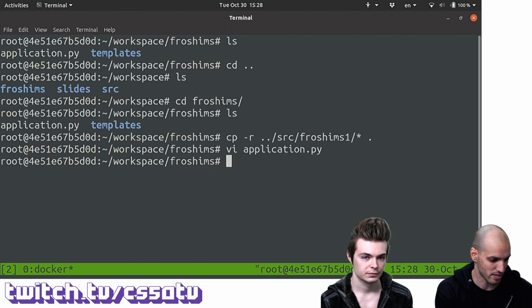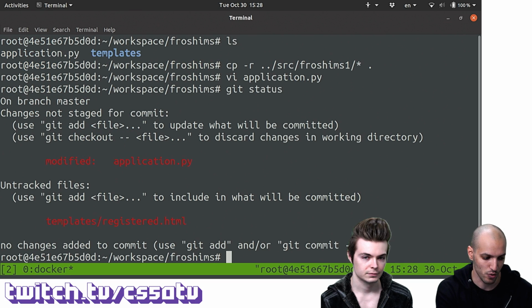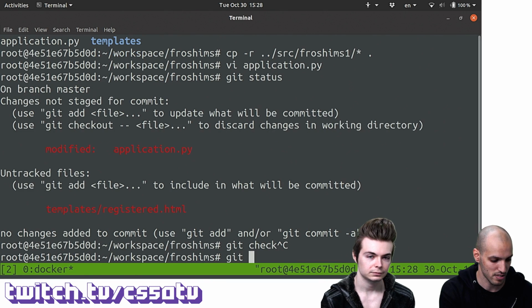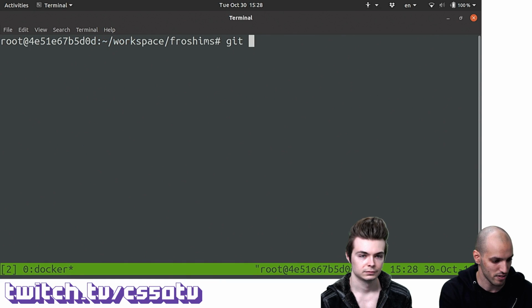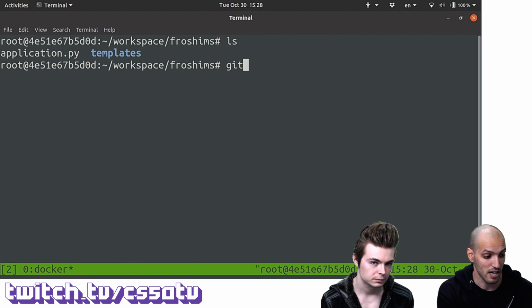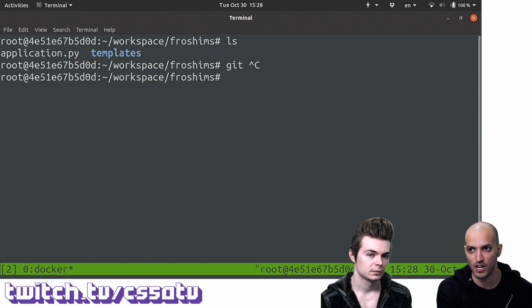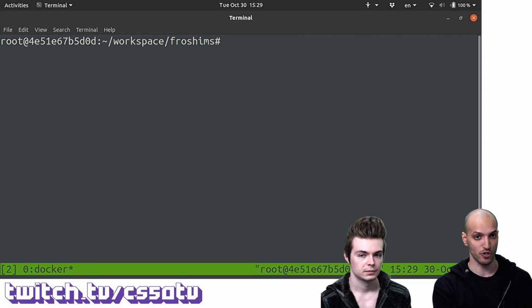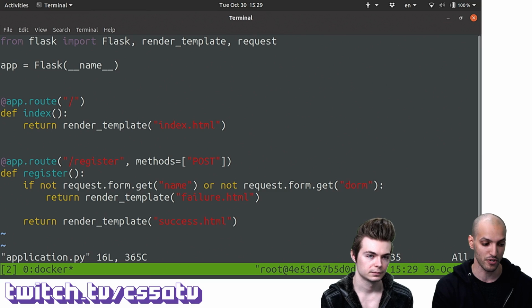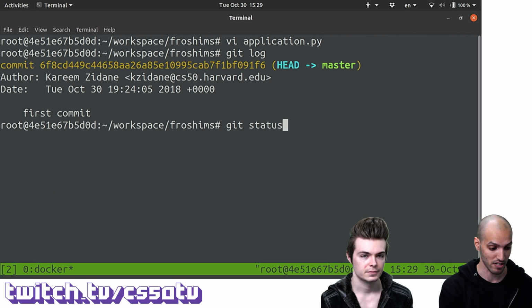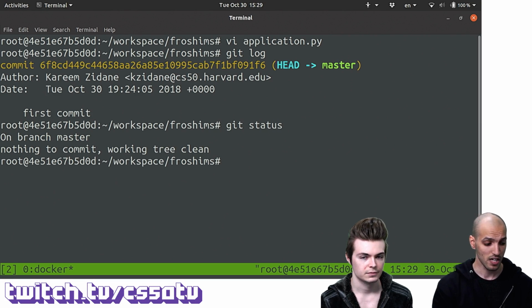Now, I think I didn't show you what application.py was initially. So we should probably take a look at this. We're going to learn about this command later, but let's git clean here, git checkout application.py. So what does git clean do? This discards any untracked files in my working area. We're going to explain this later. I just want to show you first what application.py looked like in our previous commit. So if we do git log again, this is the only commit that we have. Okay. And if you do git status, nothing's changed.